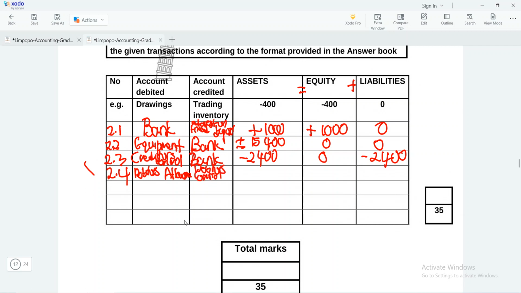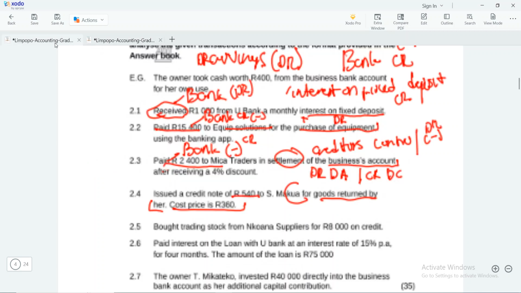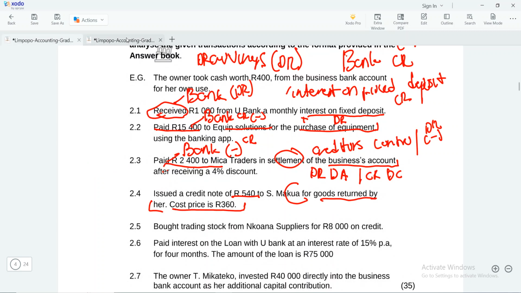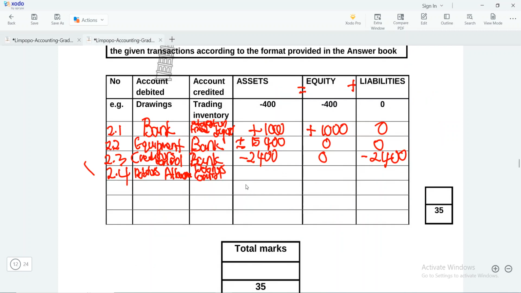Debtors control. Now remember, how is this affecting our records? Our assets are going down by 540 because this person no longer owes us, so we would have that minus 540 here. Okay, and then remember also our equity is being reduced, our revenue is being reduced because this person has brought back goods, so it will be minus 540 again. But we need to also think about this. What else is happening? How is the cost price affected? We know that we will need to reduce our cost of sales, so we are going to credit cost of sales, right? We are going to credit cost of sales, and then